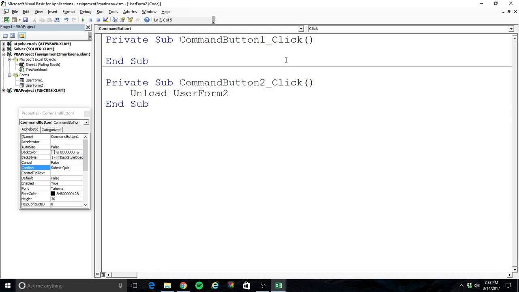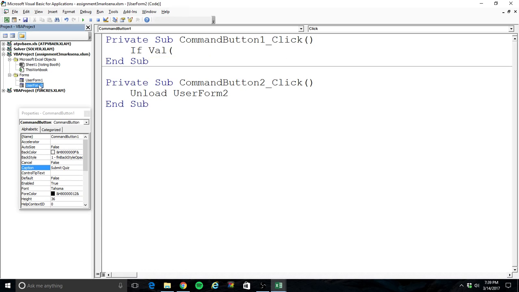So the first thing I'm going to do is add a number of error checking if statements. I want to make sure the value entered in the text boxes is between 1 and 10, or if it's not, I want to give an error message. So I'm going to type if val of,